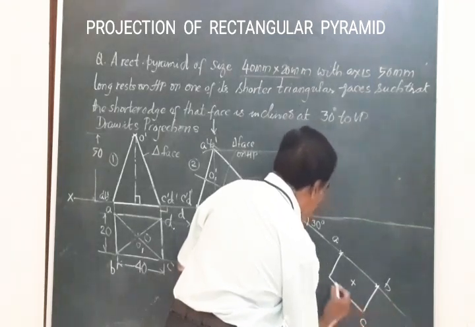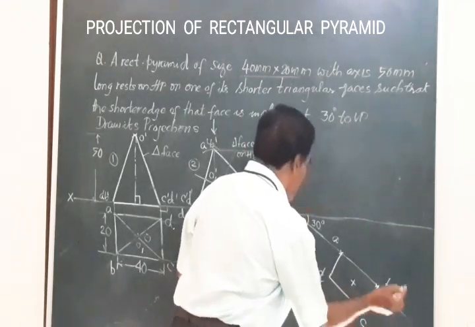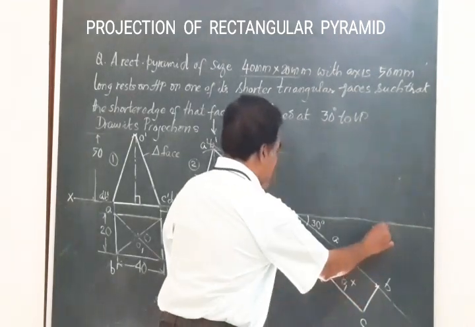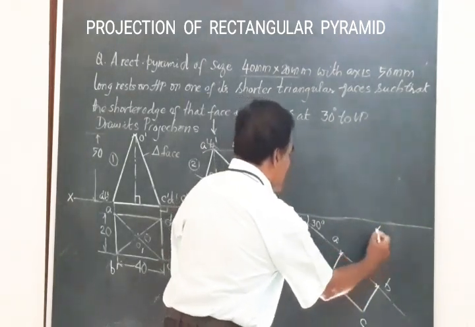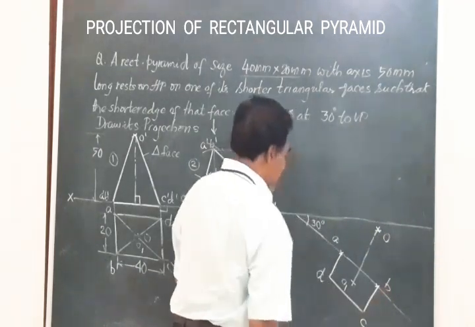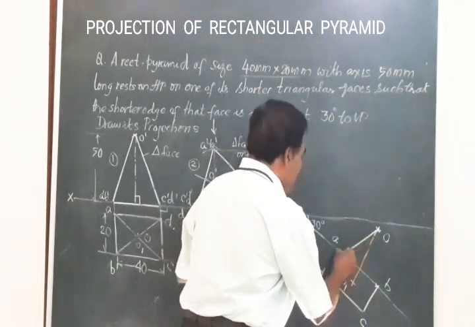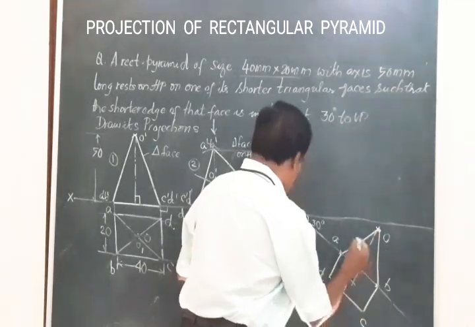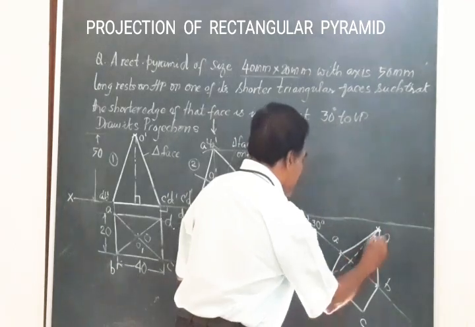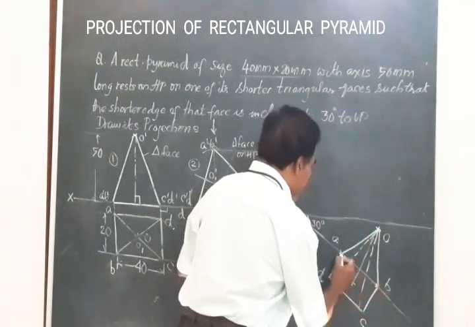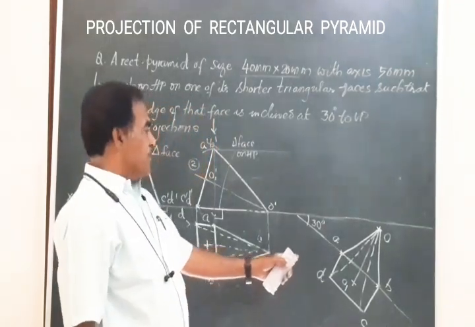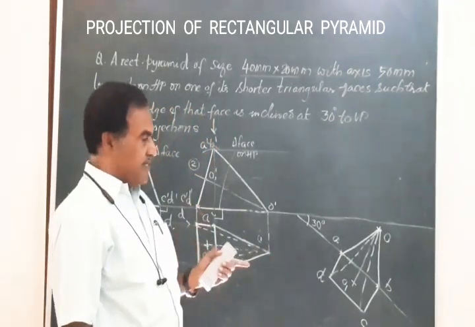This is A, B, C, D. The base of the solid, this is O1. Then on this draw a perpendicular line and locate the point O, the vertex. Join O to A, O to B, then O to C. By joining, I told you this is a dotted line, this is another dotted line, this is a full line. So we have the final top view. Now I should get the front view.